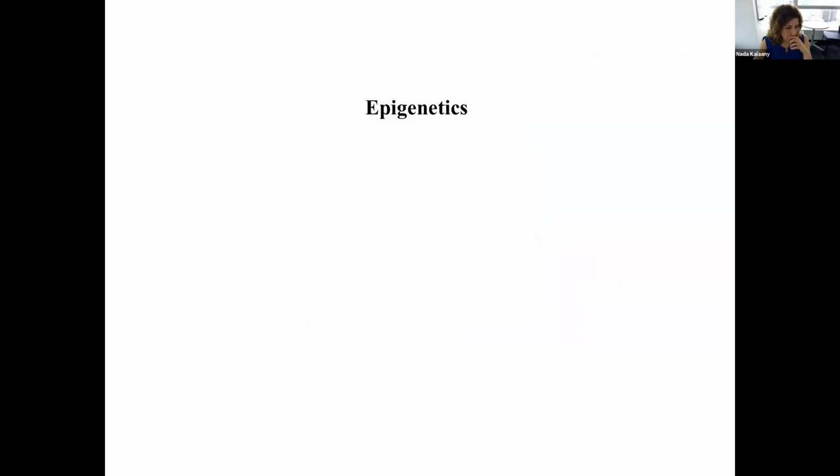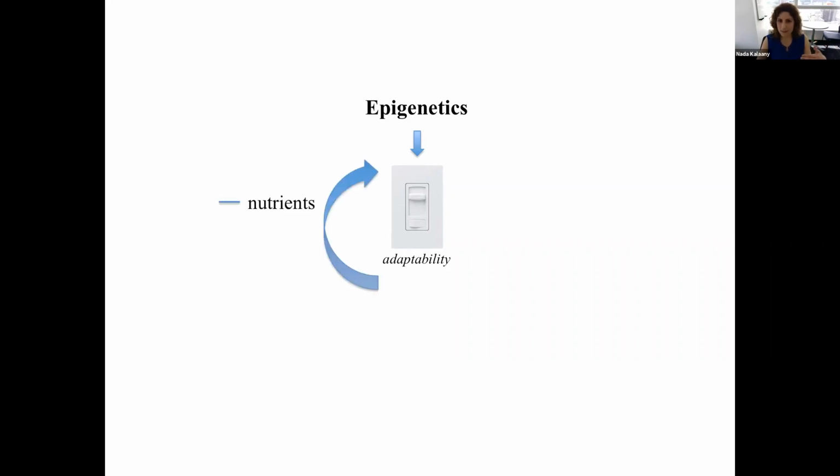PDAC. And so with that, I want to end with this model where we think that adapted pancreatic cancer cells acquire epigenetic alterations. So epigenetics is here first. Upon it, it sets this adaptability switch, or actually a dimmer. And it endows the cancer cells, gives them this metabolic flexibility to adapt to nutrient-deprived conditions. So here they turn on mTORC1, GS, higher fitness, or to now switch back to nutrient-replete conditions